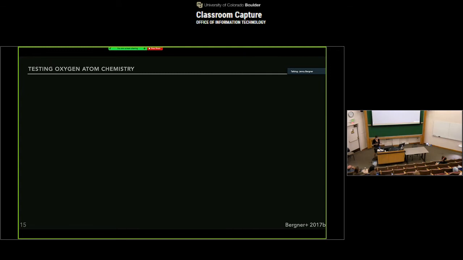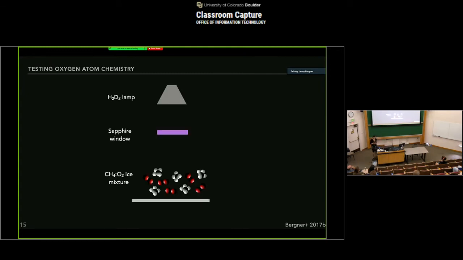So you have to be a bit clever about setting up this type of experiment. We really wanted to isolate the chemistry coming just from oxygen atoms. And so to do so, we irradiate a mixture of methane and O2 ice, but we filter out wavelengths of light that can dissociate methane. So we can selectively dissociate the O2. And this leads to the production of these oxygen atoms, which then insert to form methanol, and we can monitor all of this within our experimental setup.